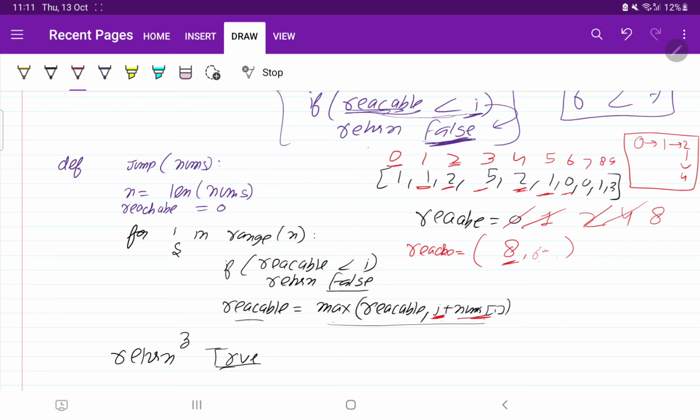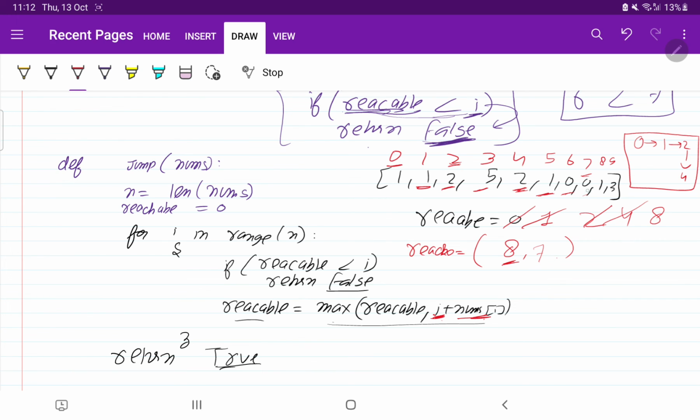We come here, 6 plus 0, again not updated. 7 plus 0 is 7 only, so this is not going to be updated.